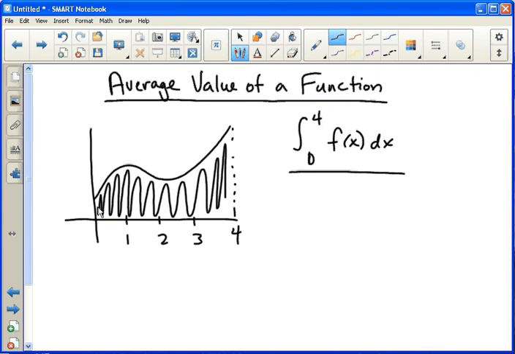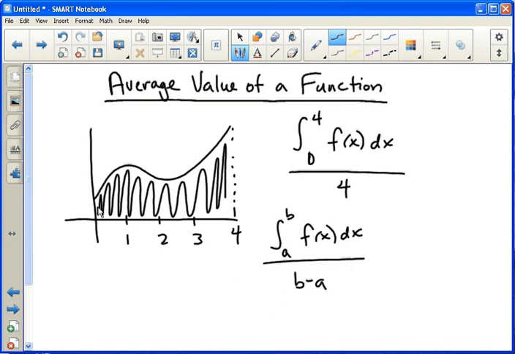Well, if we're going from 0 to 4, what would make sense? What would we divide by? 4. Because that's the length of our interval. We're going from 0 to 4. So this is how you find average value. There's two ways you can write the formula. You can either write it integral from a to b of f of x dx over b minus a,